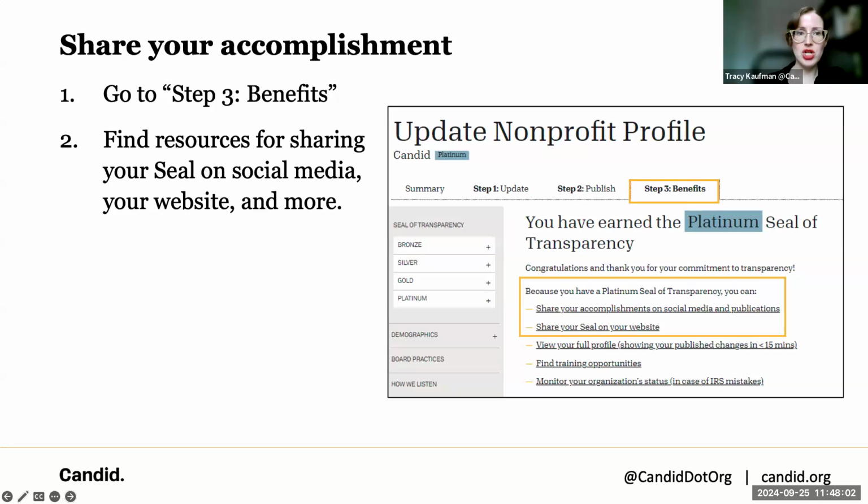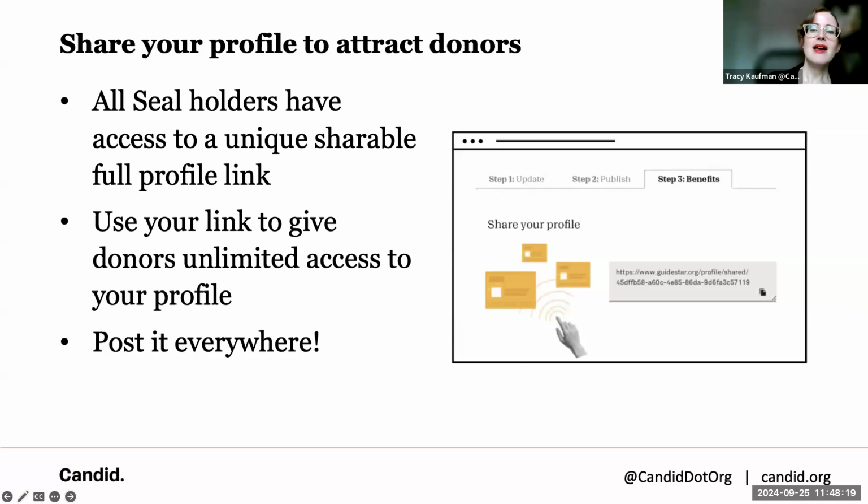Also in the benefits section is where you'd go if you're taking advantage of that Go for Gold campaign that Janet was talking about, and you want to get your free 1-year subscription to the Foundation Directory. You'll get that information in the benefits section here. Next slide, please. Yeah, this I think I already mentioned. Once you've done this, you get your own unique link, put it everywhere, spread the word, it'll be great. Next slide.